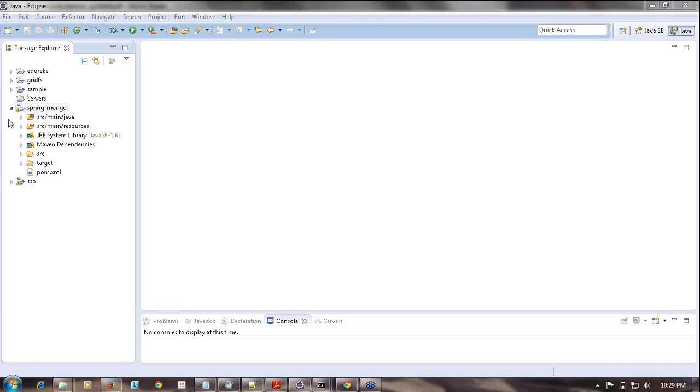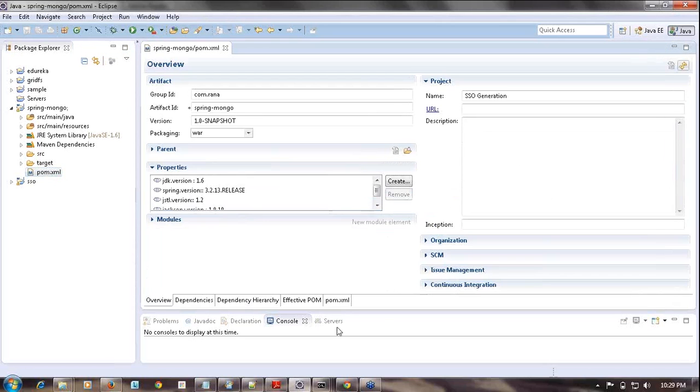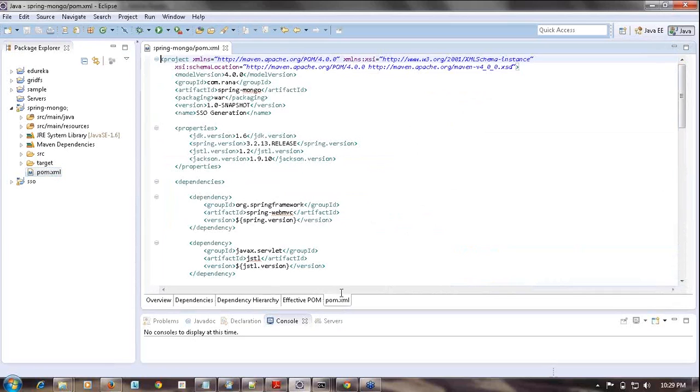So let's say I have created one Maven project. In the POM XML, whoever has an idea about POM will understand pretty quickly. So if you see, in the POM XML,